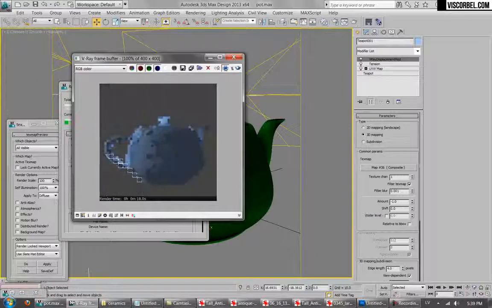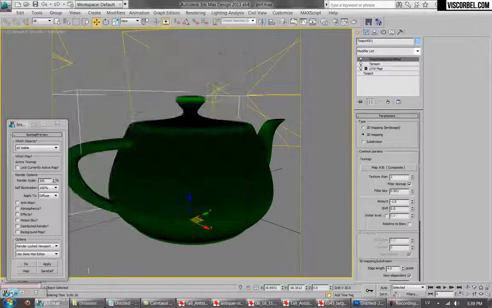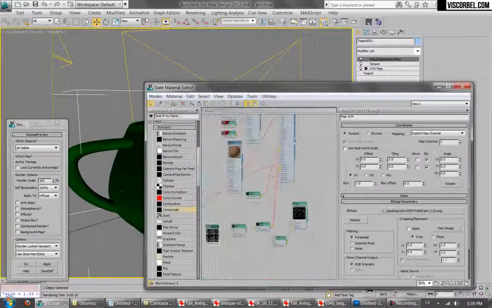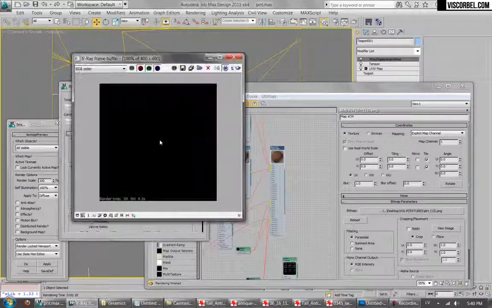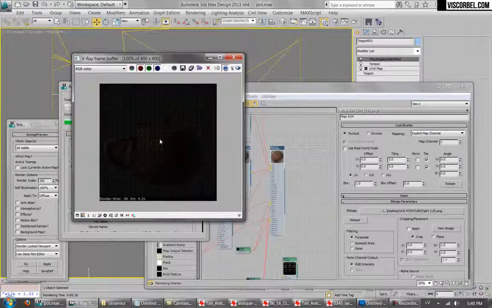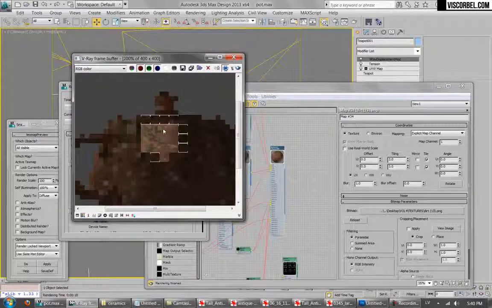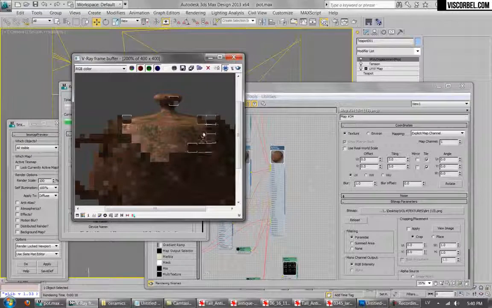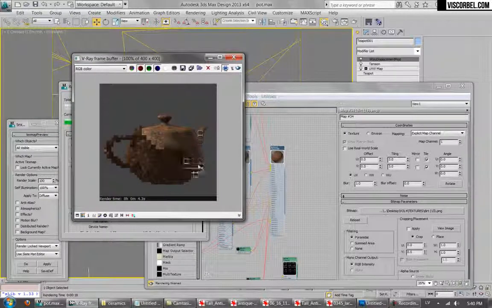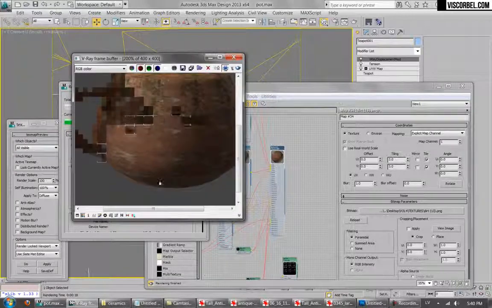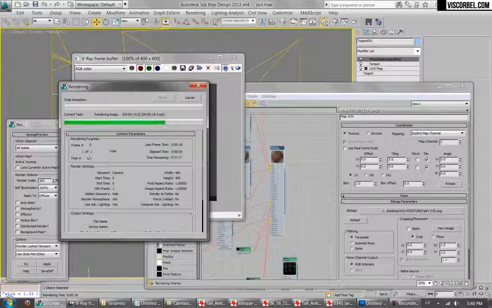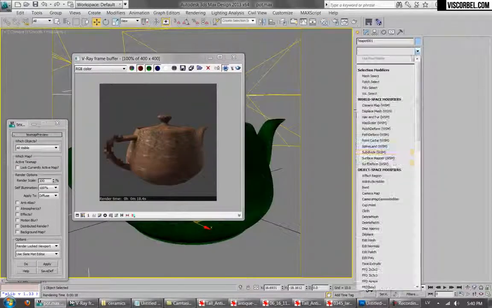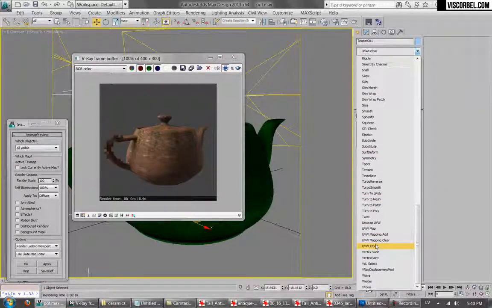Right, sorry, forgot to assign the material. And something's not right, and I think the UV orientation is a bit wrong and the tiling is a bit too much. So what you can do is add the UVW XForm modifier,